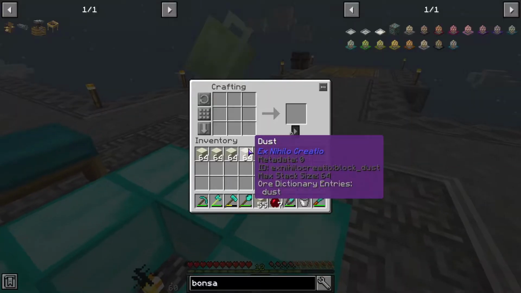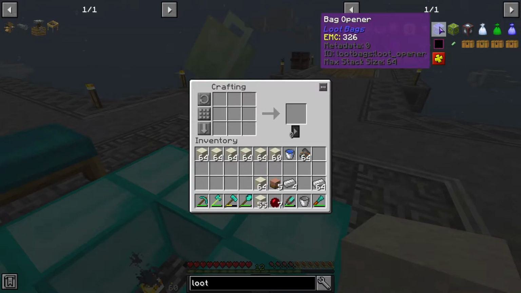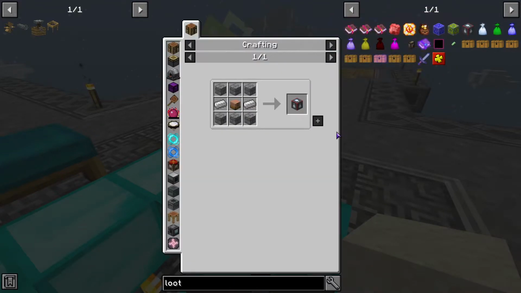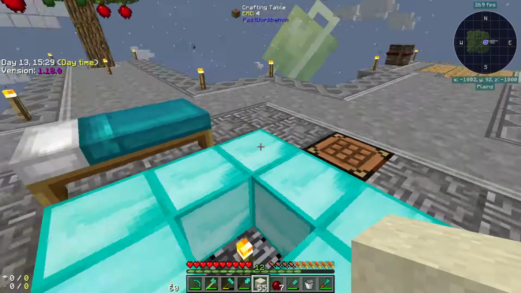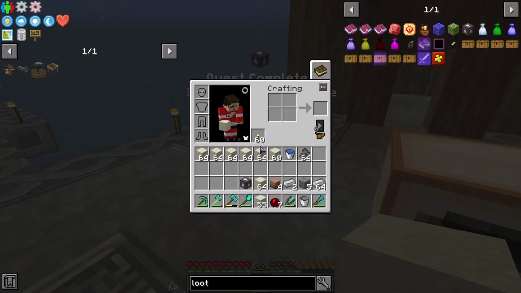So that's another thing we want to look into also, the loot bag stuff. What does that cost? So we want a loot bag opener, a loot bag recycler, and a loot bag storage. I think this is the first one we want. So we just need stone, a chest, and some... Oh, geez, we got this. We can do that right now. So that's going to take that. We're going to take this and we're going to put it inside our tree because...